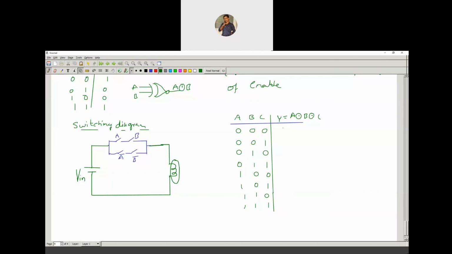So here output is 1, here one 1 is there, so 0, one 1 is there, 0, 2 ones are there, 0, 1 1, 2 ones are there, so output is logic 1. Here 1 0 0, only one 1 is there, so output is 0, and 1 and 1, it is 0.